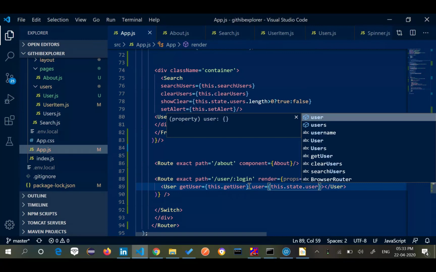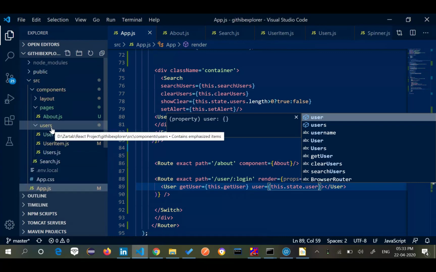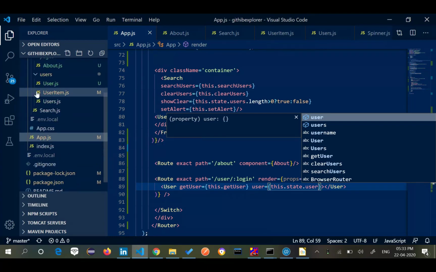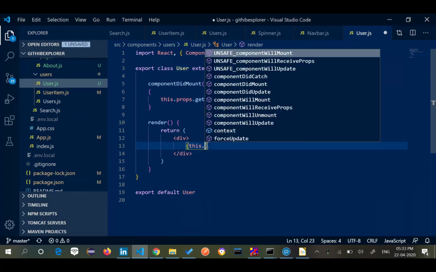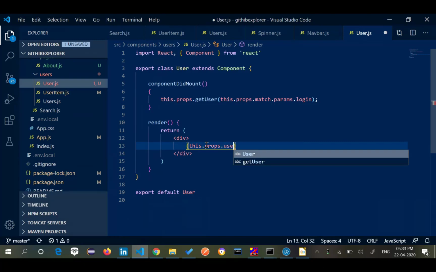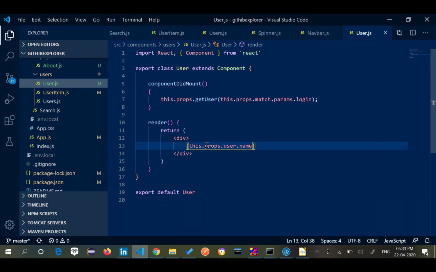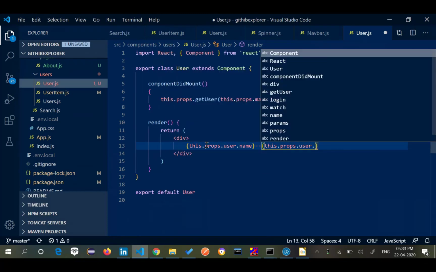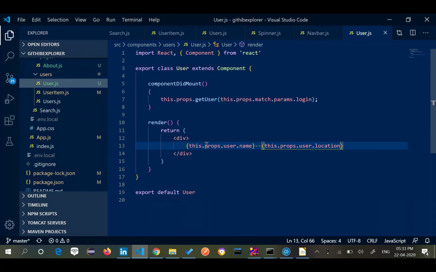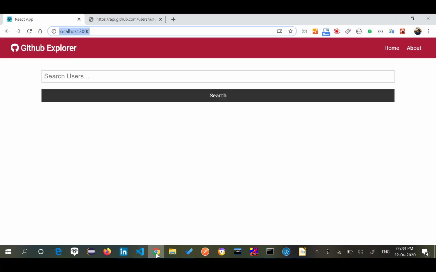So now this data is basically being accepted by whom? Yeah, this data is being accepted by my user.js. So when the data is available here, let me try some things: this.props.user.name and, let's say, this.props.user.something. I just put two values here and let's see what the final output is.